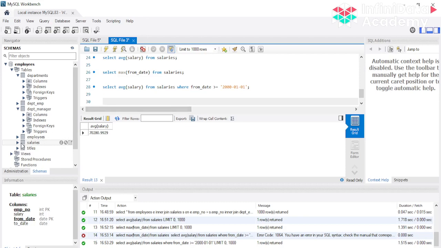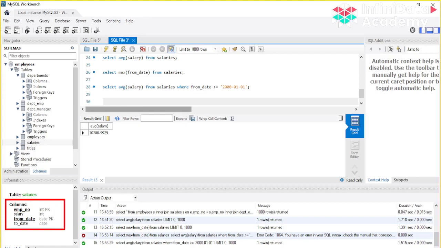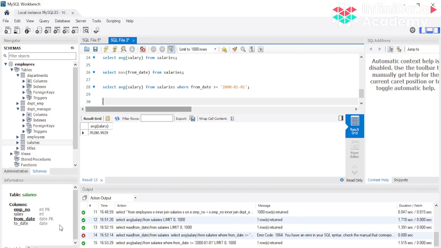Let's use the salary table only. So in the salary table we have basically four columns, that is the employee number, salary, and from date, to date. So here we saw that against one employee there have been multiple entries for salary, based upon the incremental changes in salary. So let's see, I want to see one salary against an employee, what has been their overall average salary in this current firm. So what I can do is, let me just write this, select star from salaries,